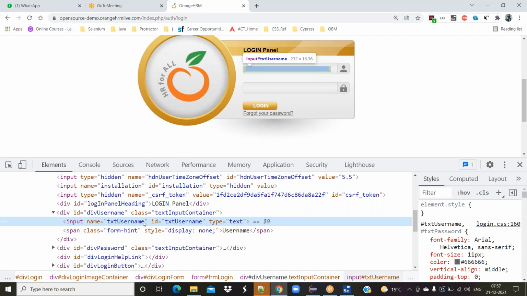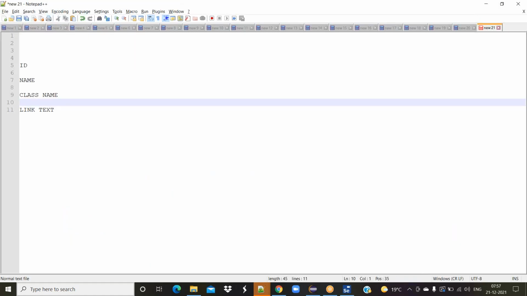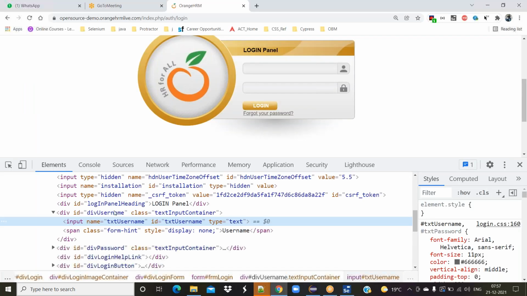There is no restriction that each and every tag must have all these attributes. So we need to deal with some tags which do not have any of these four. We are going to face that type of issue also. So we have the ID attribute, the name attribute, and the class attribute.